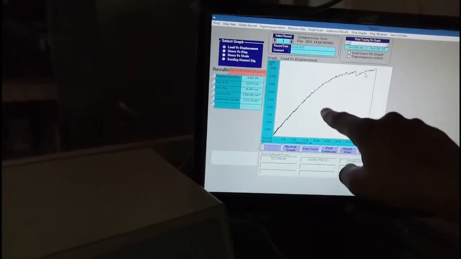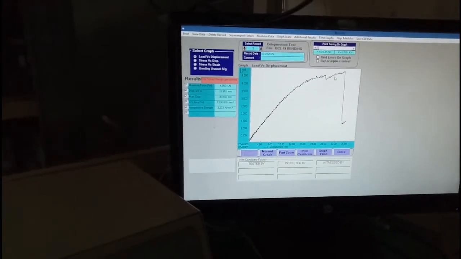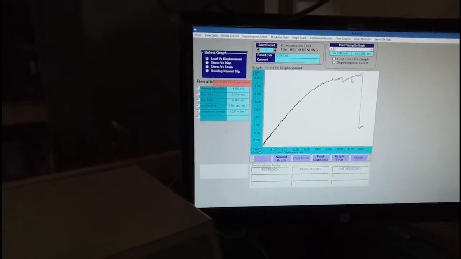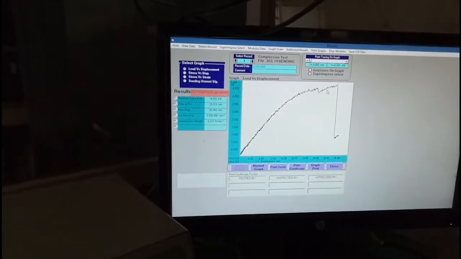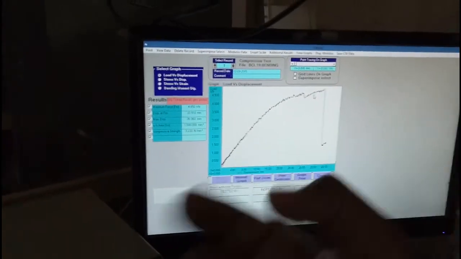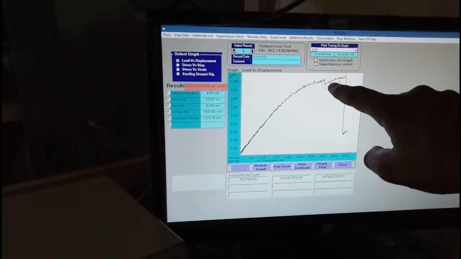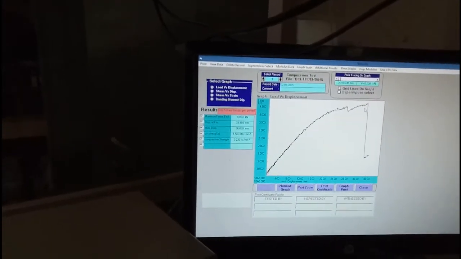Again, if you understand, this is the load deflection curve, and the slope of the load deflection curve is the stiffness. So there is a sudden change in the stiffness of the material, since the material has failed. Right after that, the remaining part failed at this load, and the maximum load it took was 485 kilonewton, right?